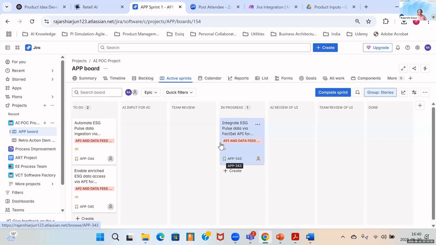Okay. And now they feel that, okay, we need to have some kind of a user interface for this particular story. So if you look at the second state over here, right, it says AI review of the user interface. So the moment I move this from here to here, right, the AI is going to start generating the user interface for me, right?